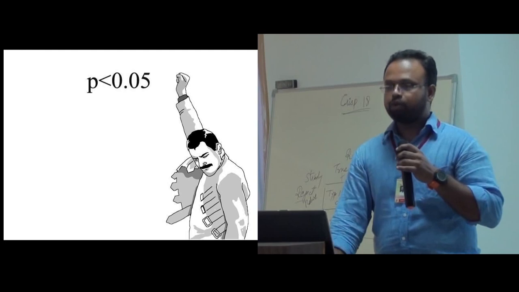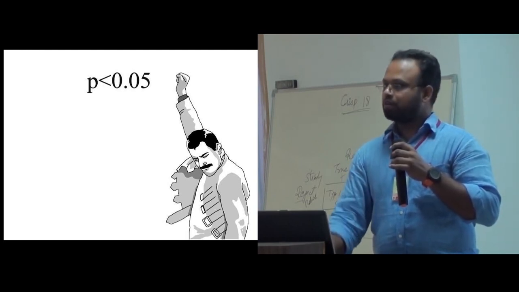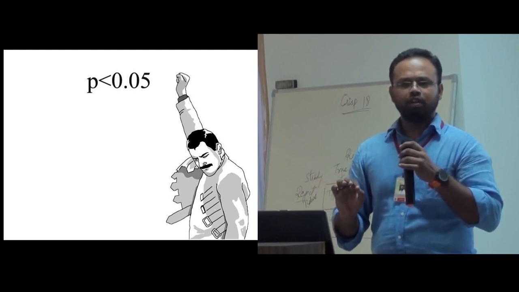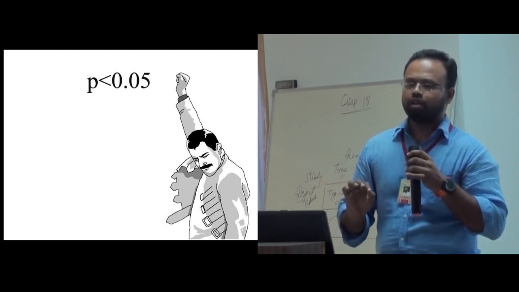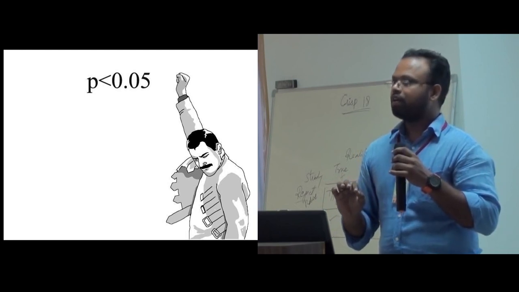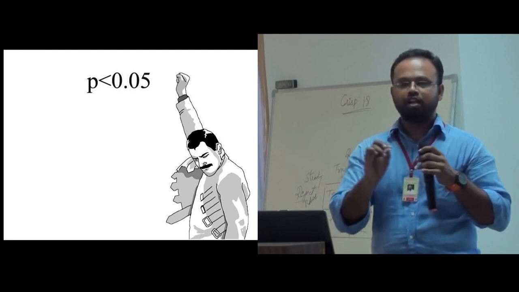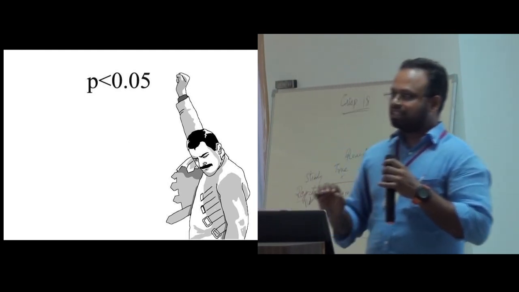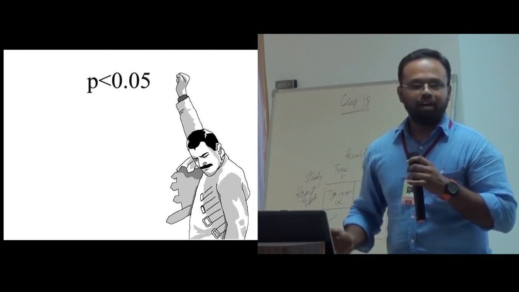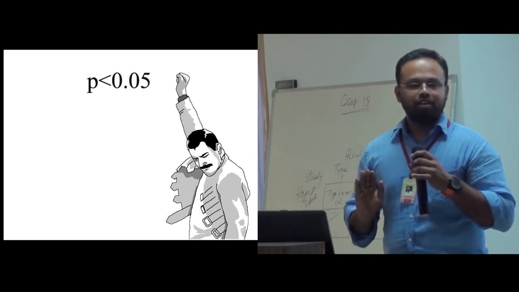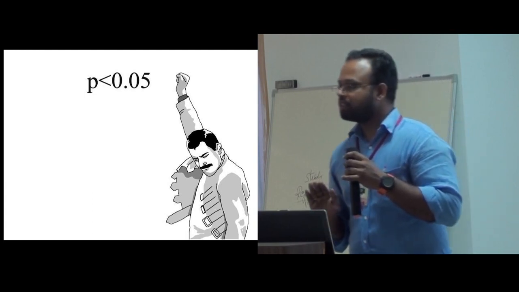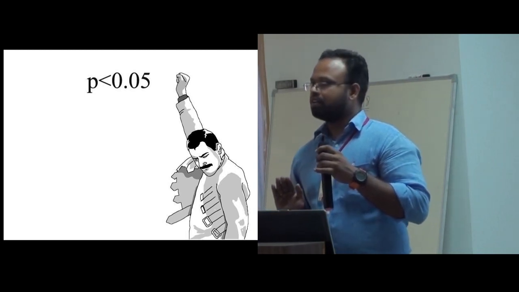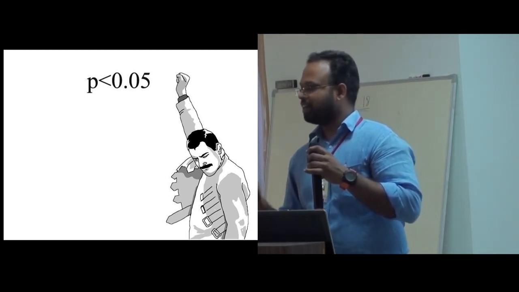Okay. Now one more question. Before concluding my presentation, have you asked why the p-value cutoff is 0.05? Why is it? We have decided 0.05 is the cutoff value, beyond which it is significant, and just inside is not significant. Have you asked why it is? It has nothing to do with the confidence interval.